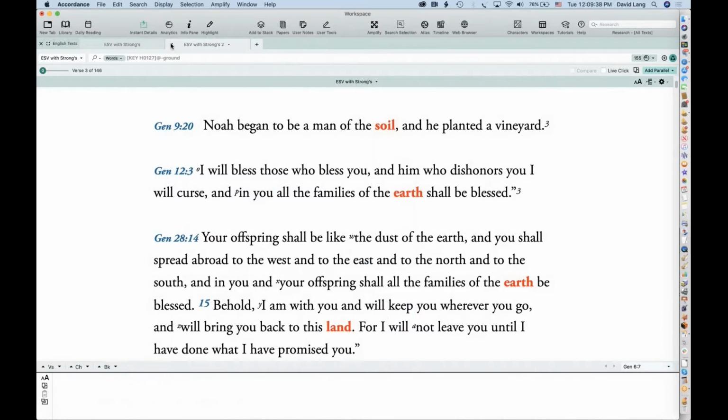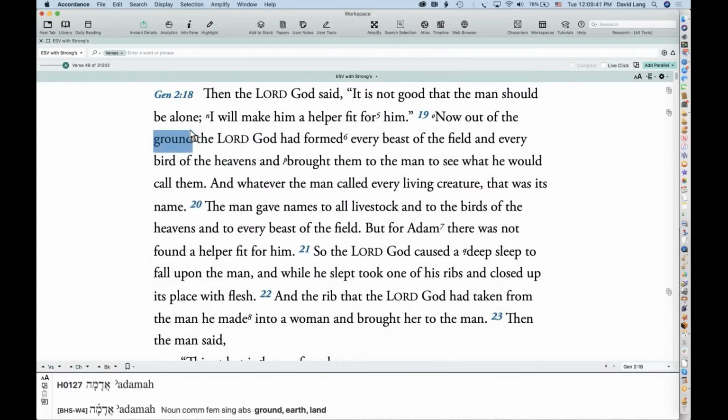The other thing that you can do with the key number text, I've shown you how you can search. I've shown you how you can hover over a word to get the details in instant details down at the bottom. By the way, you can have it open by clicking on instant details in your toolbar, and you'll have the instant details box open. That will give you the Strong's number and the corresponding Hebrew word. You can also access the instant details even when you don't see the box.